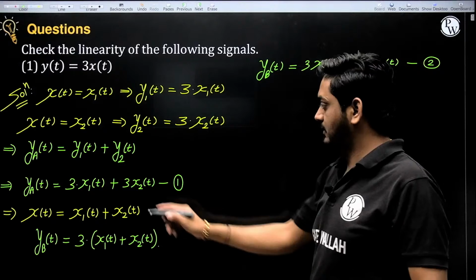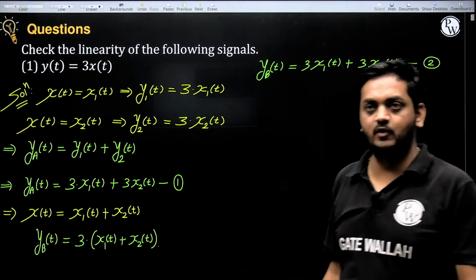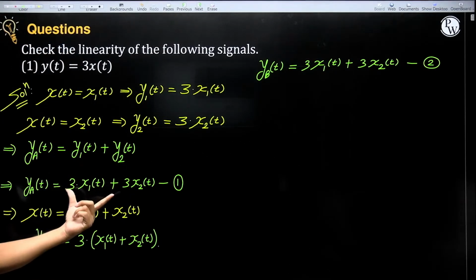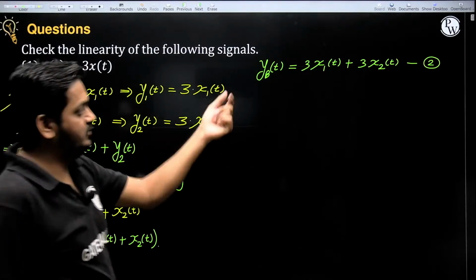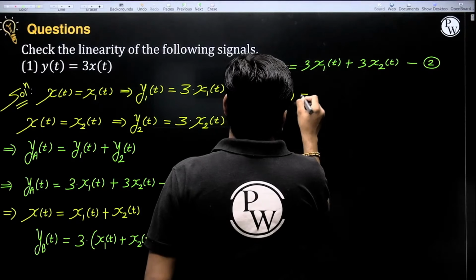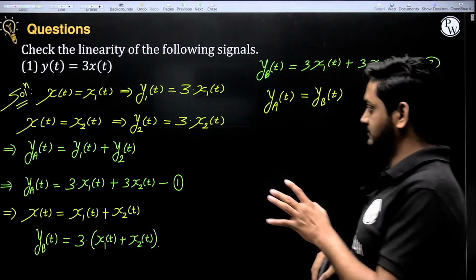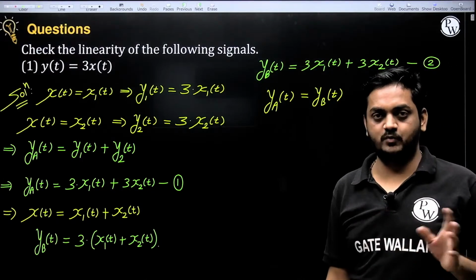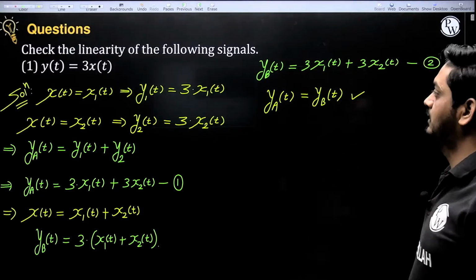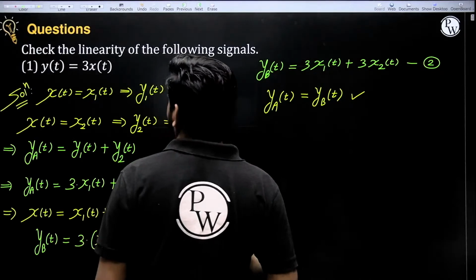Now compare ya of t and yb of t. Here, see, this is ya of t and this is yb of t. Here ya of t equals yb of t. That means this system satisfies the principle of superposition. Correct? It satisfies the superposition theorem. Correct? Now next is